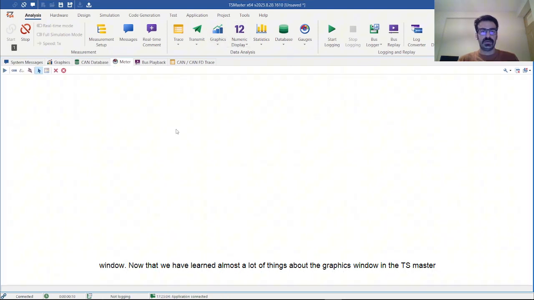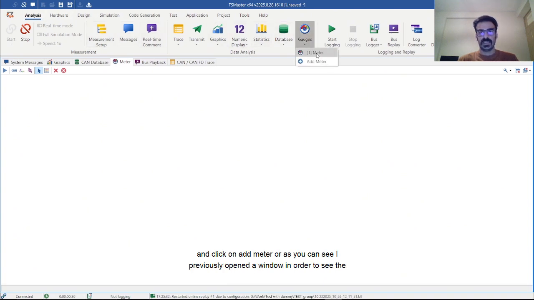Now that we have learned a lot of things about the graphics window in the TS Master tutorial series, let's move on by learning about the meter window. In order to open the meter window, you should go to the data analysis section in the analysis ribbon toolbar, click here and click on add meter, or as you can see, I previously opened a window in order to